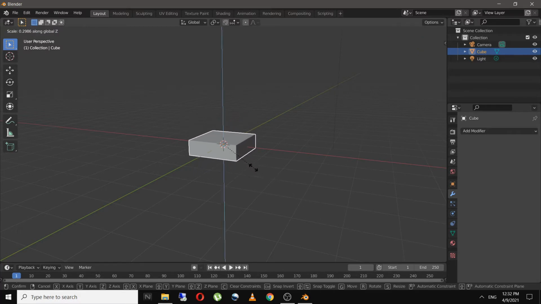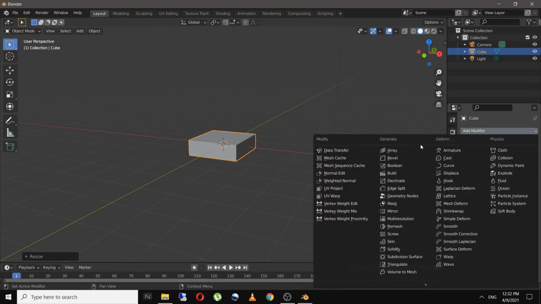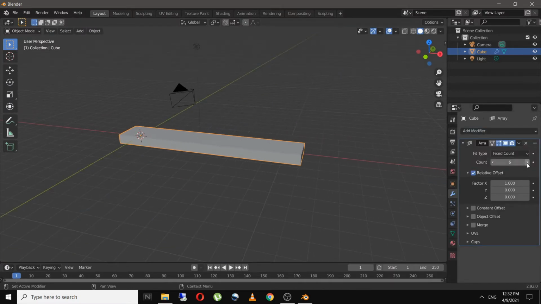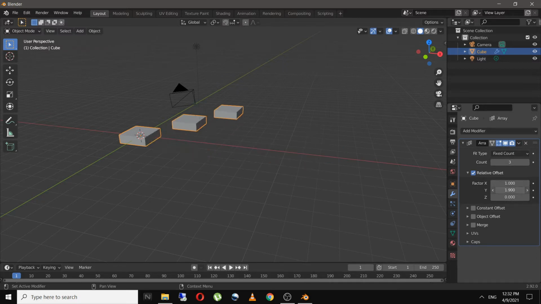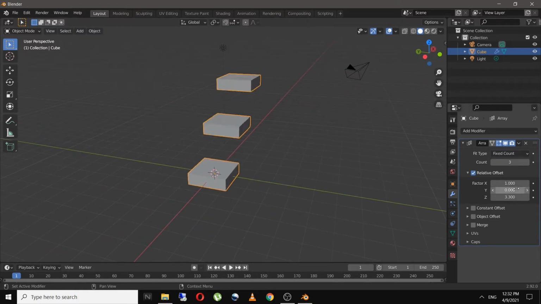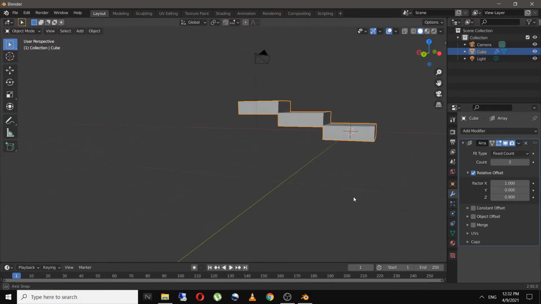So first of all, we will see the array modifier. I will scale this cube on the z-axis like this and add in the array modifier. We have worked on this modifier for the past few episodes. As you can see, if we increase the count and play with the X, Y and Z axis, it will duplicate your mesh in that axis.